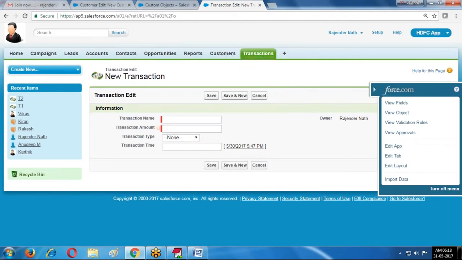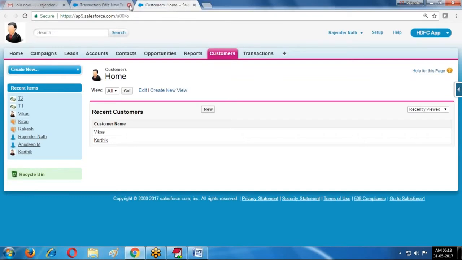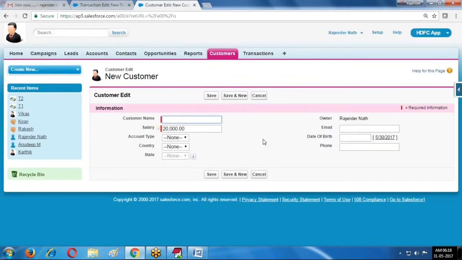Now I am creating some other fields in the customer object. Yesterday I created the email field. Here I am creating some record information: Ranjit, salary is 60,000, saving account, country India, state Maharashtra.